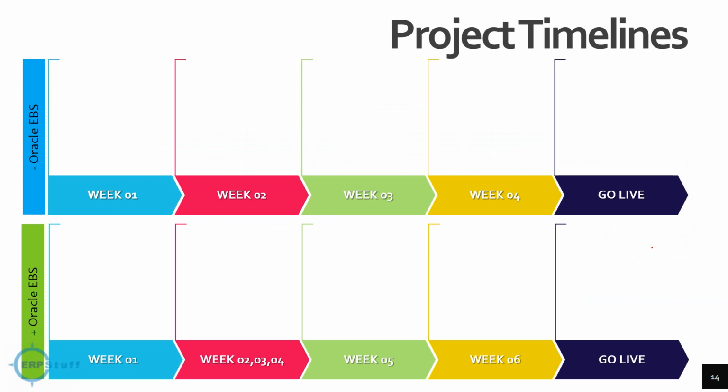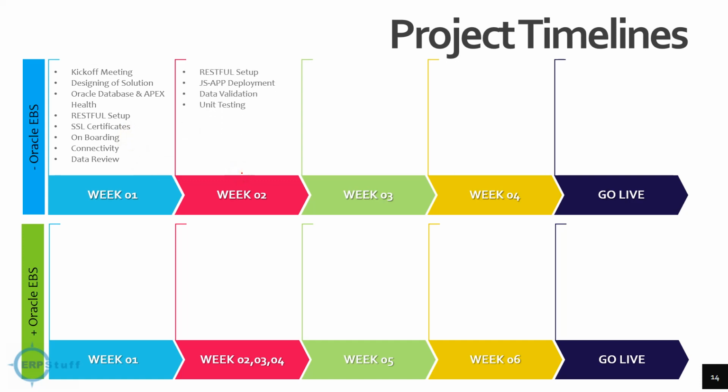If we talk about project timelines, normally it takes 4 to 6 weeks, but it all depends on the company's data, how clean and accurate it already is, because tools normally fail when data is not accurate. There are certain tasks here, which can vary a little depending on the company and the project: RESTful setup, unit testing if things are not already in place. Week 3 is the first UAT, resolving any challenges. In week 4, another UAT, plus training,